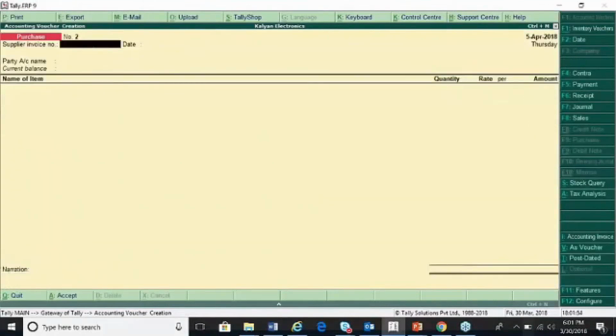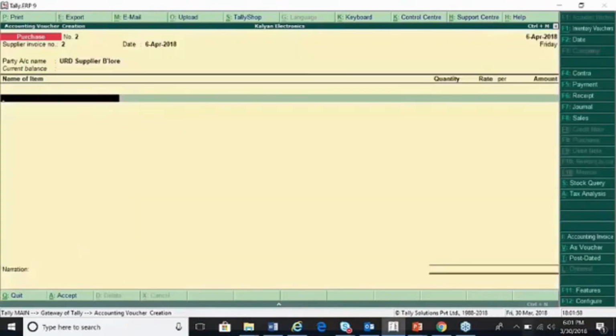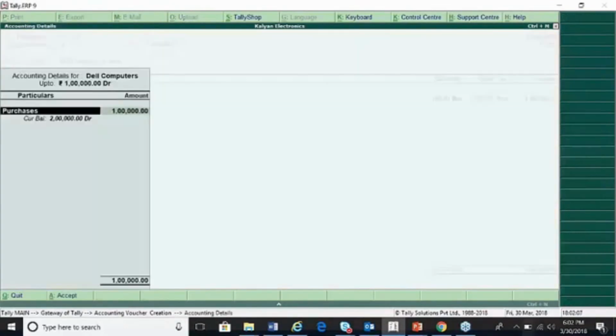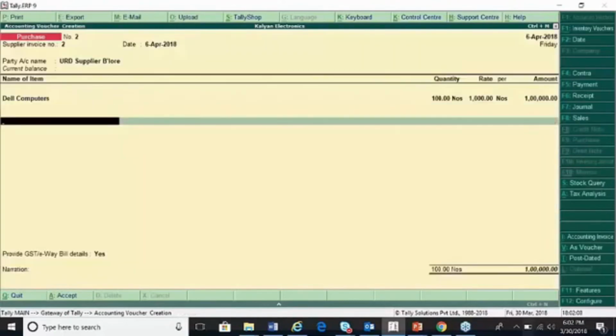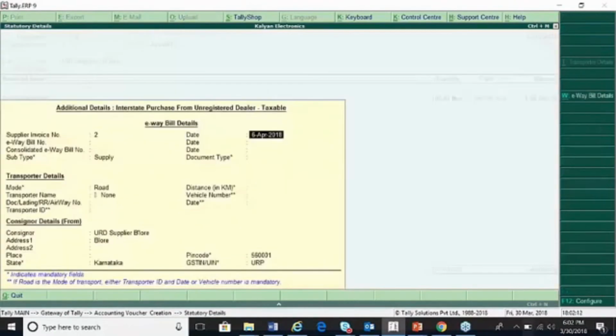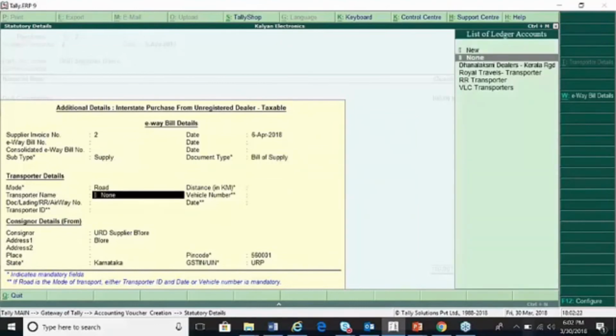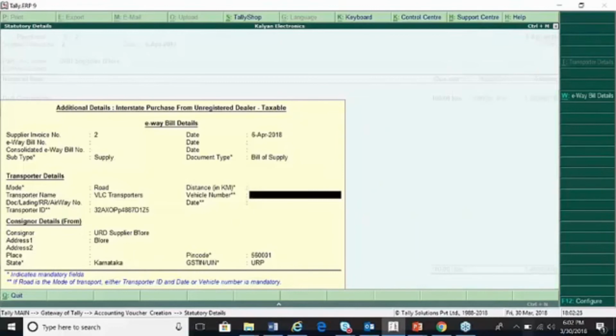So you may also purchase from an unregistered supplier, URD supplier. Let us say he is again from Bangalore. So it's very important to account the details, as a URD supplier will not state the tax part. So here the details, the goods are being moved. You can mention it is as bill of. Tax is not mentioned on that. So select the transporter. The kilometers is required. Vehicle number. So here you can observe under GSTN, as he is an unregistered supplier, URP is updated.